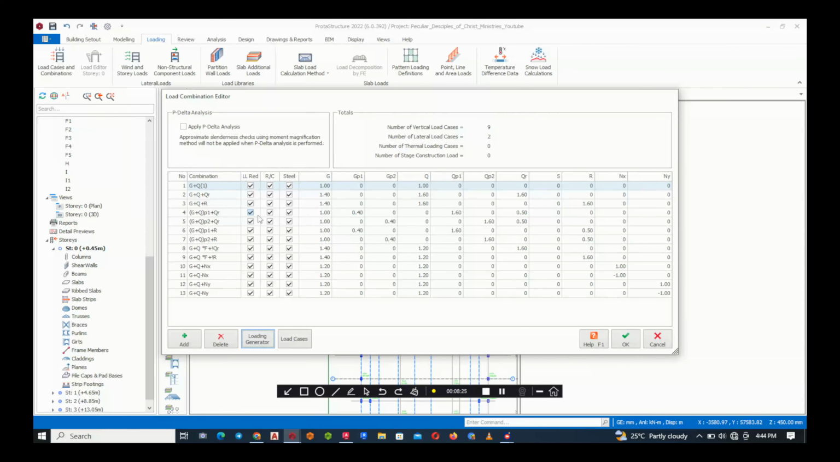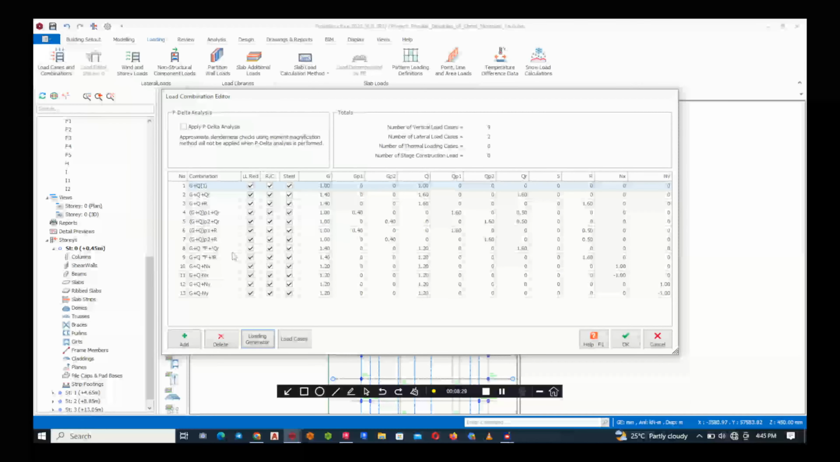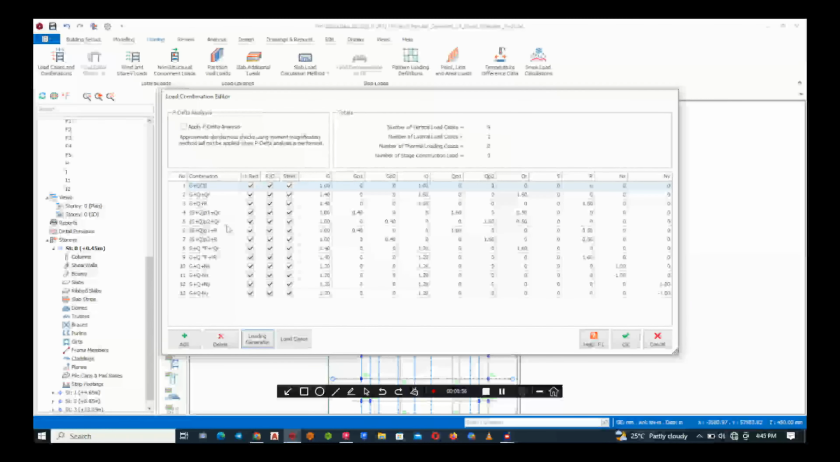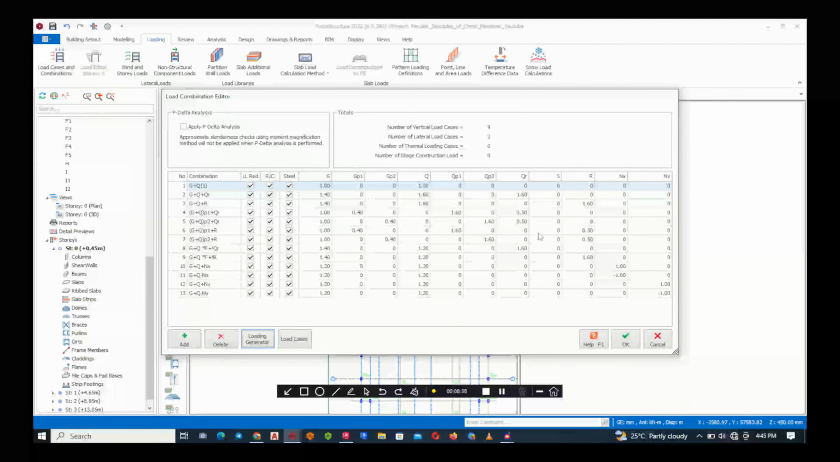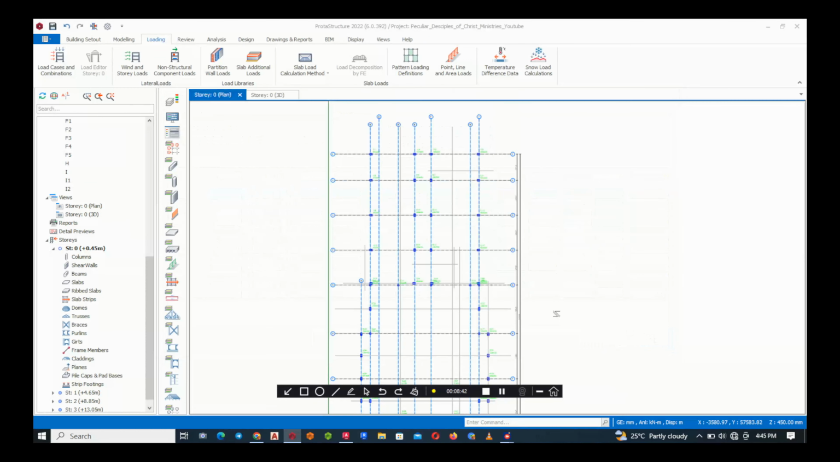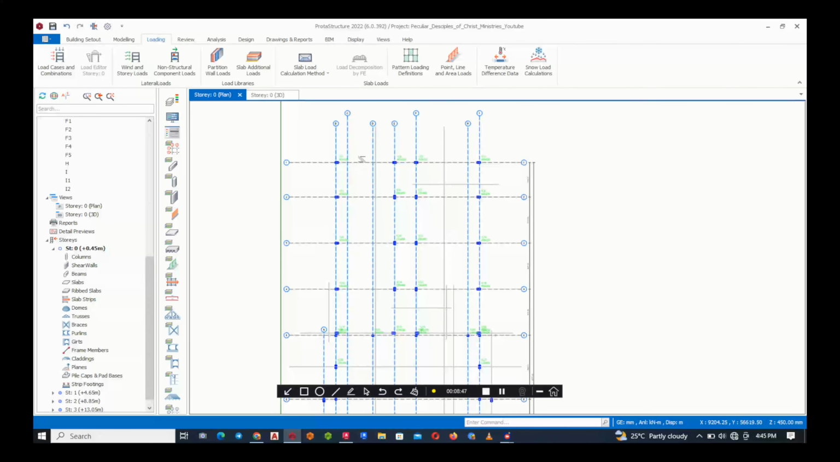So all these are just your loading combinations. Some are for when you have a favorable or unfavorable G or Q. That is just what all these coefficients actually mean. So that's all for that. Then click on OK. Since we have already done that, the next thing to do is